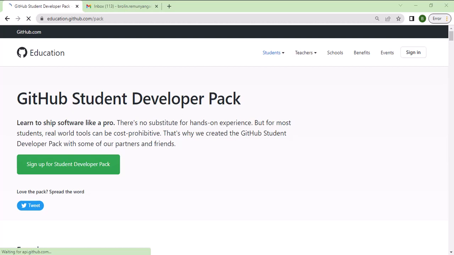It seems like we're now getting somewhere. It then says GitHub Student Development Pack. Learn to ship software like a pro. There is no substitute for hands-on experience, but for most students, real-world tools can be cost prohibitive. That's why we created GitHub Student Development Pack. So if we click on sign up,